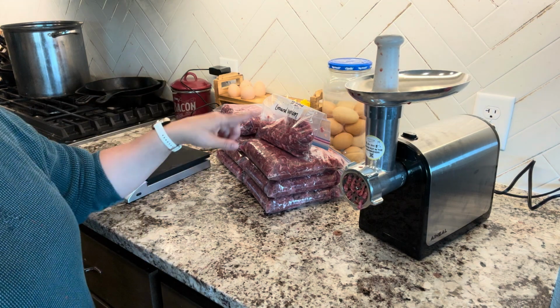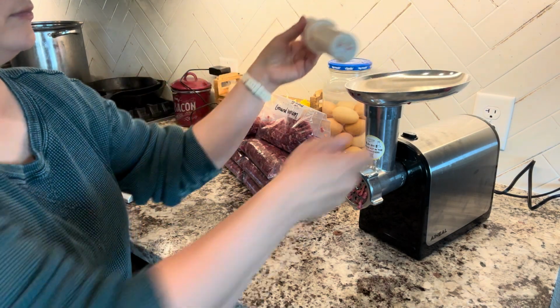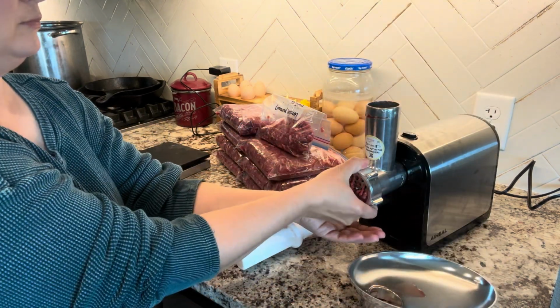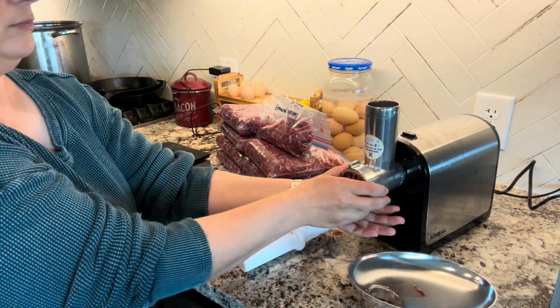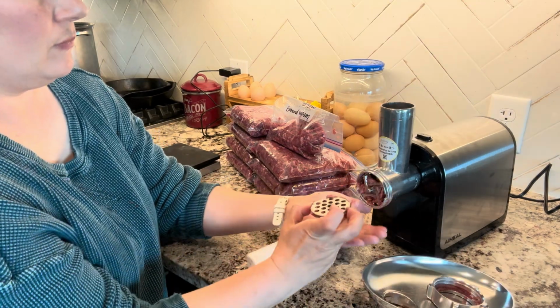So I just used my meat grinder to grind up 14.5 pounds of meat, which was super easy to do, but now I need to clean my equipment. Before you start taking it apart, you'll definitely want to unplug the grinder and then just start taking everything apart